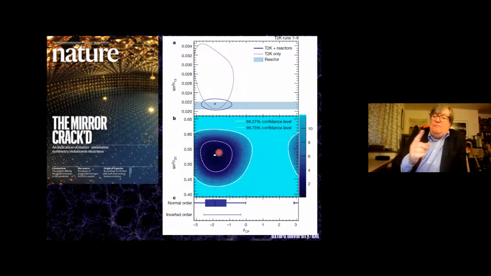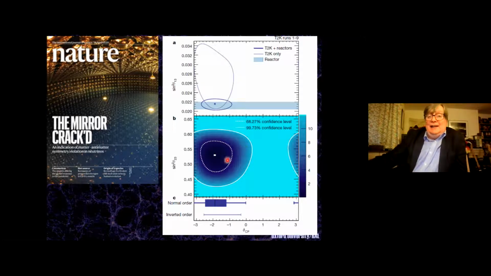And whereas prior to this article being published, they had also agreed that it looked like there was more CP, that there were more electron neutrinos in there, electrons appearing than there should have been, they took more data, and when they did, they no longer found that. They were now consistent with CP being conserved. Now, the two experiments have such large errors still at this point, they don't disagree with each other, but you get a very different inference by looking at them.